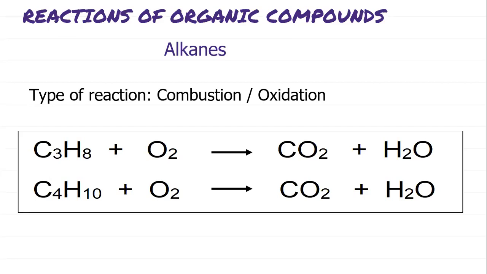Propane belongs to the homologous series alkanes, so it is a hydrocarbon. By prop, we know that we must have 3 carbons, and propane has 8 hydrogens. So the molecular formula of propane is then